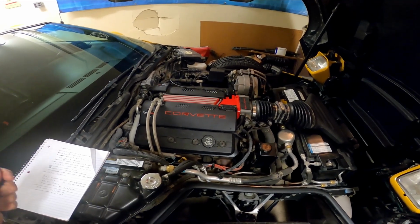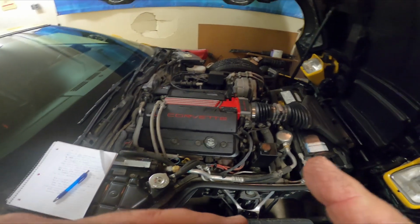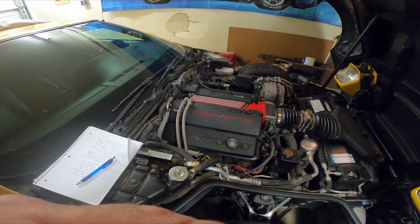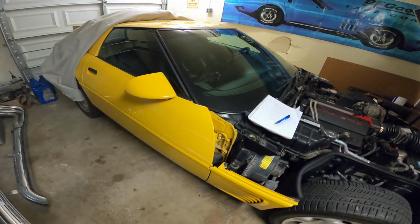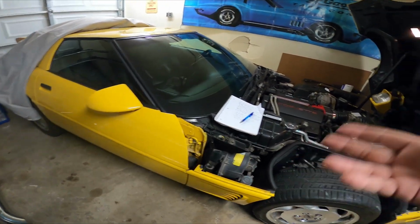You also had some of them get put into the collector edition cars. Those are the silver cars with the custom badging, the collector's edition. So the rest of them are left. You could actually order this Grand Sport motor in a regular old Corvette like this. This is just a regular Corvette, competition yellow, with the LT4